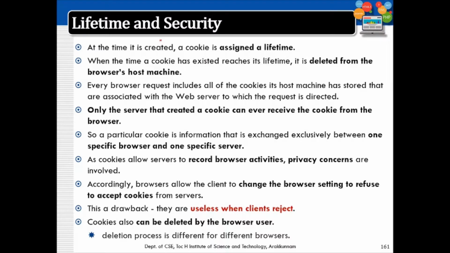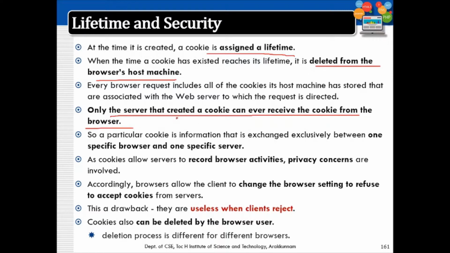Regarding the lifetime and security of cookies, whenever a cookie is created, it is assigned a lifetime, for example 2 years or 1.5 years. Whenever the lifetime expires, it is deleted automatically from the browser's host machine. Only the server that created a cookie can ever receive the cookie from the browser.